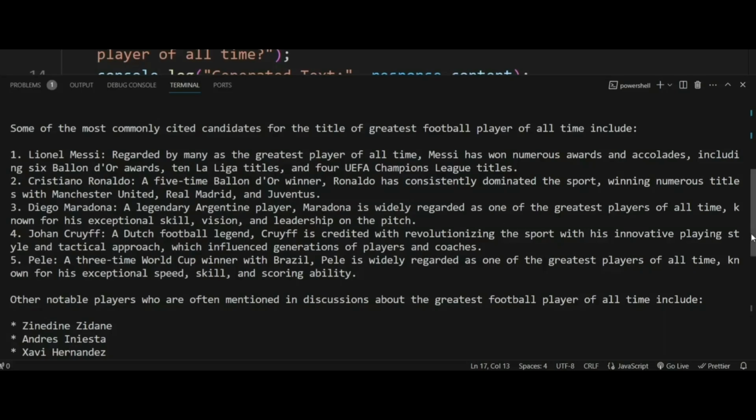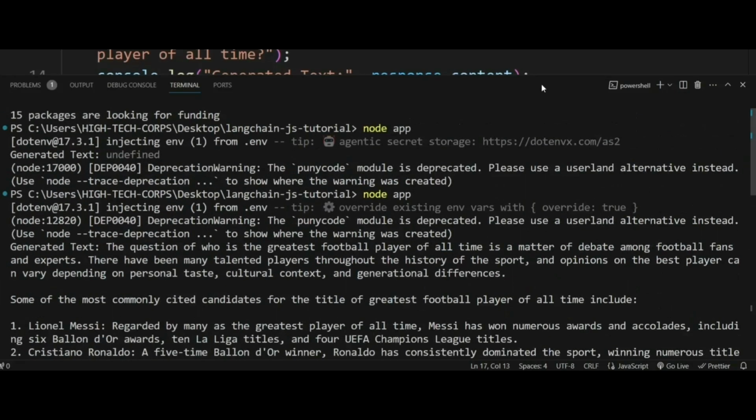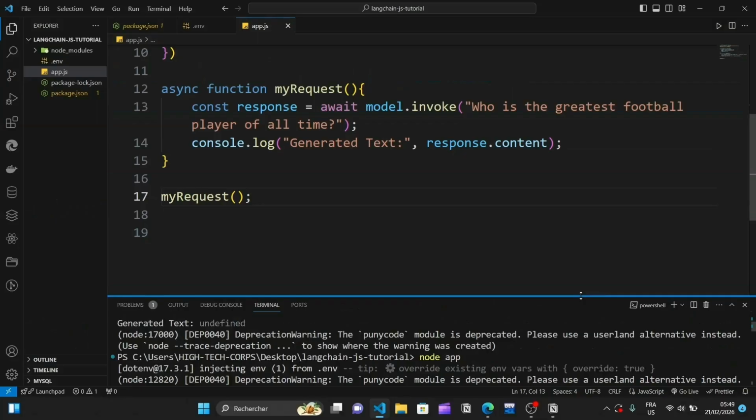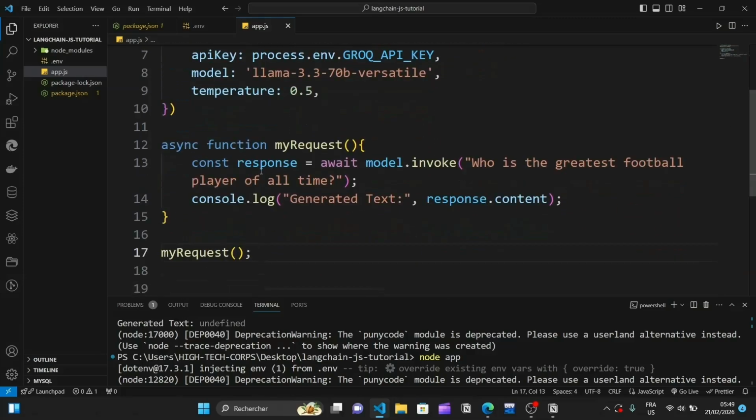So this is our response. You can clap for yourself. You have officially used LangChain to generate a response from an LLM. Now, even though what we have done is successful, we can improve on this code a little bit, which I am going to do. One modification I want to make is that we can see where we have this line